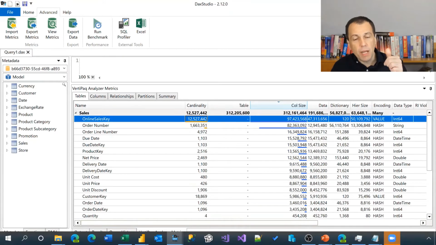This is like the primary key of the Sales table, but I don't use this column in any report, in any relationship, anywhere. So even though this column is probably very important in the relational database in SQL Server, it is not important at all once I'm in Power BI Desktop. So I could get rid of this column. So let me show you what happens at this point, because so far we have seen